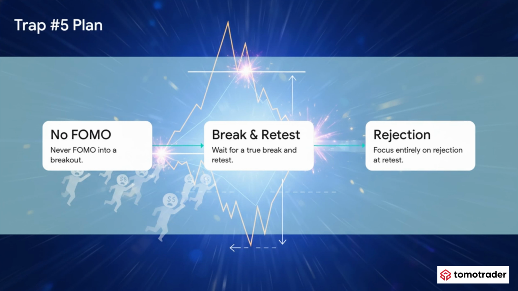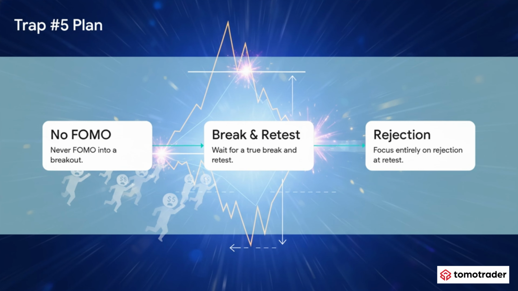It's classic FOMO. Breakout traders see that line cross, they panic, they jump in, and instantly they become the liquidity for the institutional reversal. To avoid becoming that liquidity yourself, never trade the initial break. You must wait for a true break and a retest, focusing entirely on spotting a clear rejection signal right at